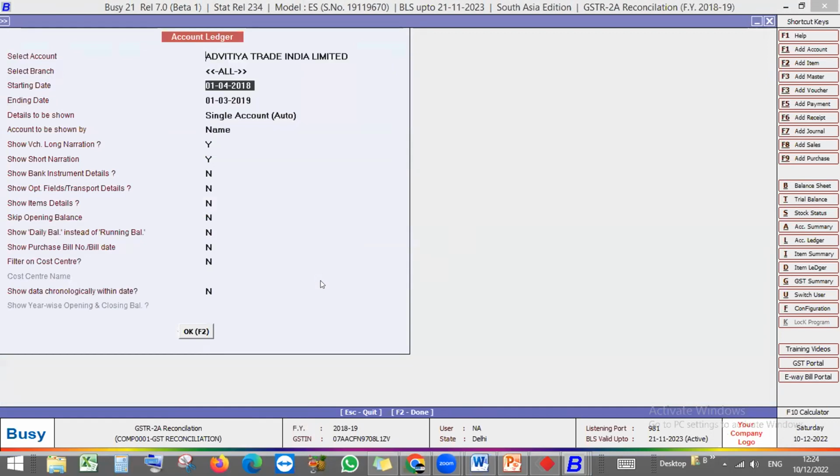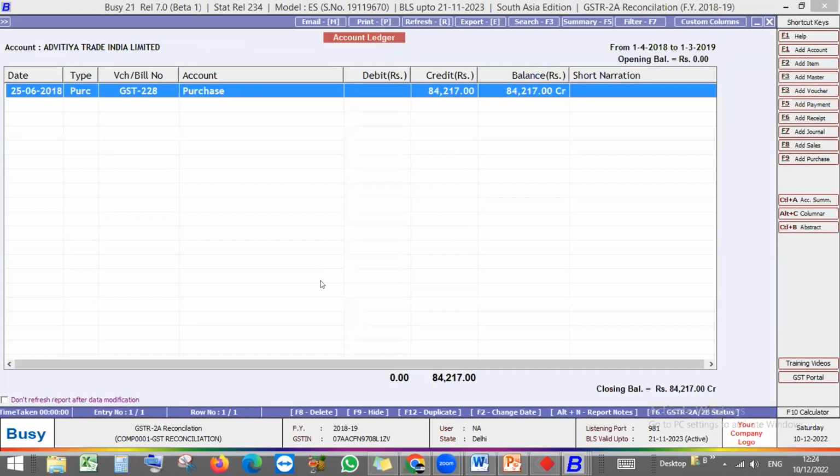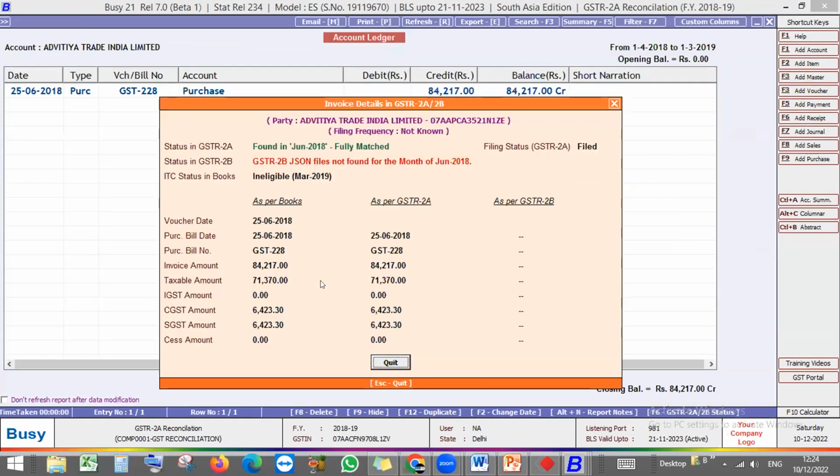Here you can click the F6 button. Then here itself, you will get the information about the status of GSTR 2A and the status of GSTR 2B. Before that, in this window, you could get the information about fully matched, partially matched, that's it. But now we made the provision to view the month also, June 2018, July 2018, like that. Month information as well as matching information, both you will get in this particular